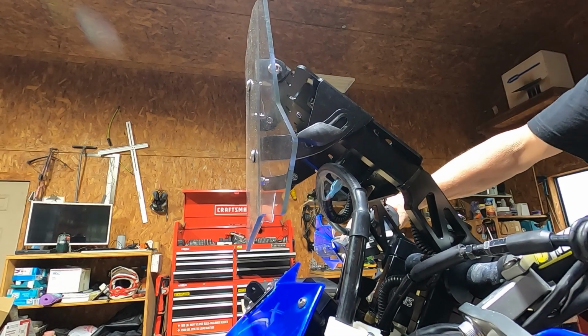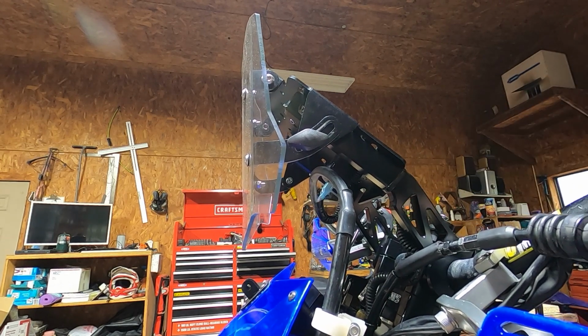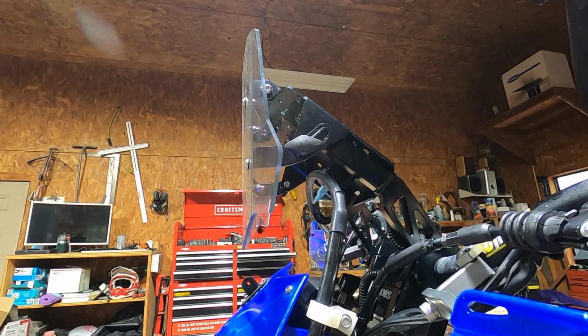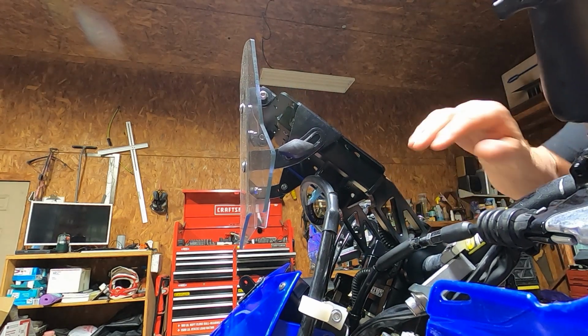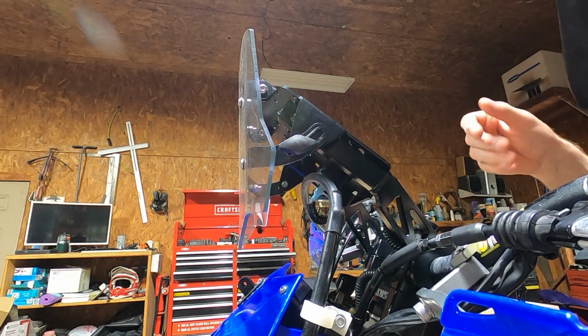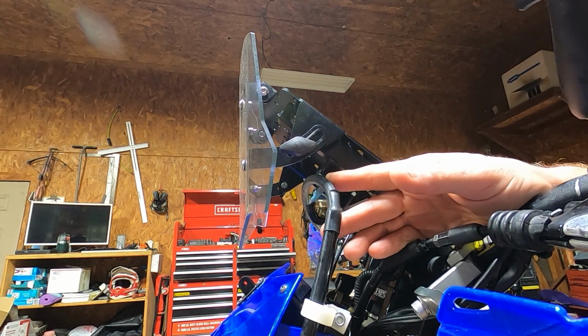And that's not even really fully compressing the suspension. So you're gonna get out on the trail and you're probably gonna want it up more, but this gives you an idea of what some of the riders' concerns were about the tower. If you're really worried about it,